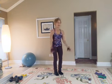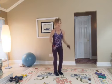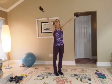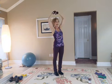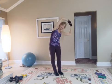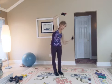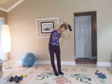Go 4 more. And 3, and 2, and 1. Inhale, arms up. Now, left hand over the top, right palm facing up, clasp the fingertips, and then take a little side bend over here to the right. So as you pull down with that right arm, you're feeling a stretch through the triceps, the lats, the obliques,